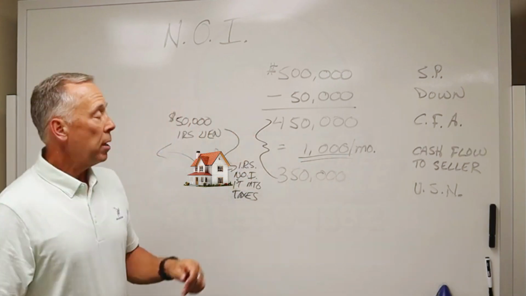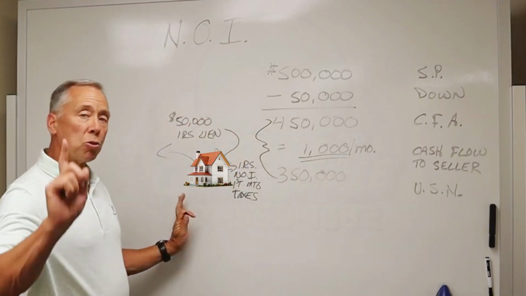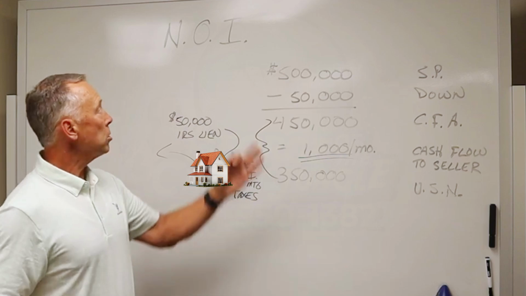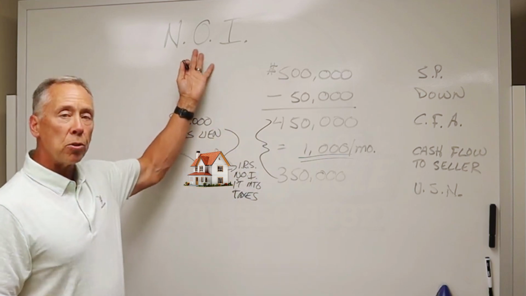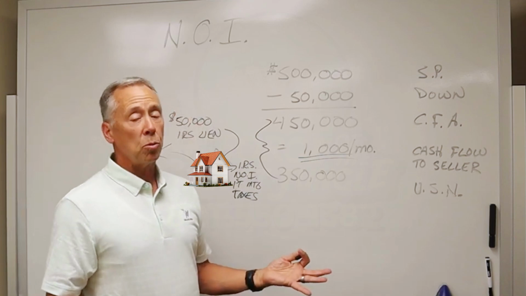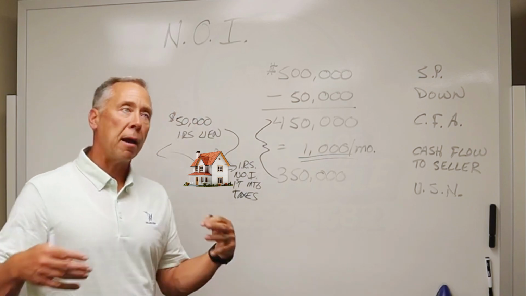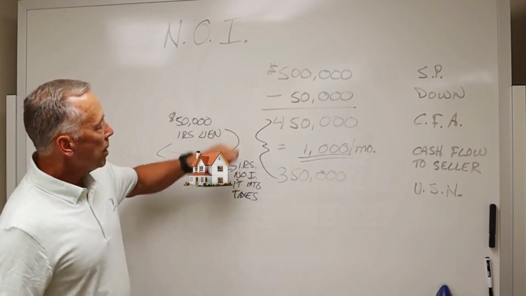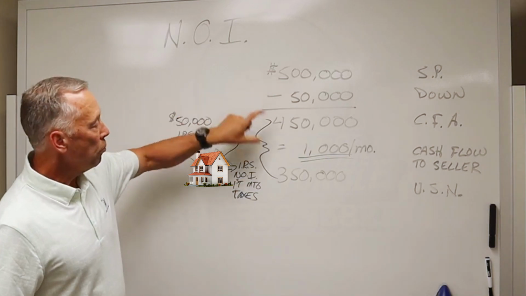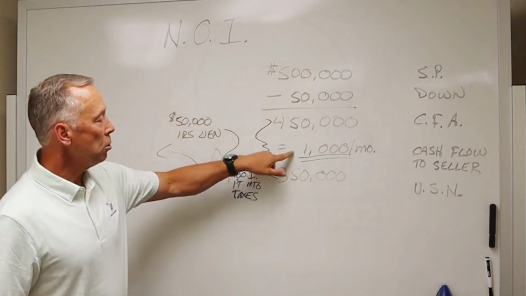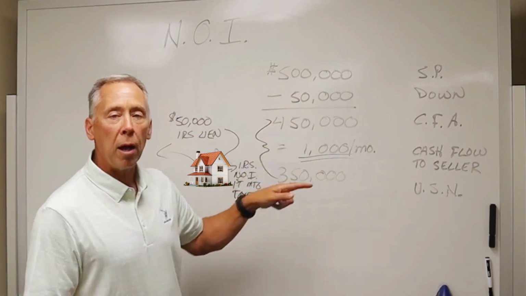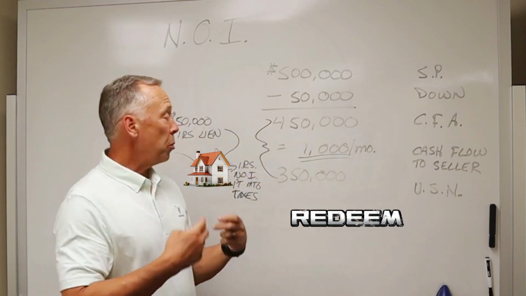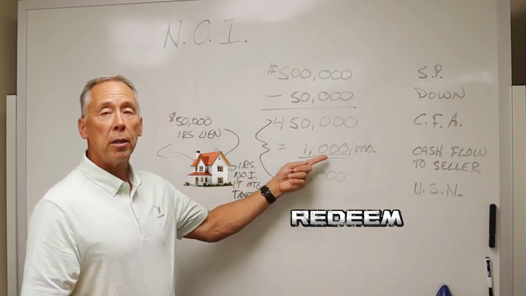Okay? So if you've gotten an owner's policy of title insurance, which was the number one thing that you got to do, the number two thing regarding the title of the house is to get a recorded notice of interest. And if you're closing your transactions with the right title company, this is just automatic. You don't have to sit and wonder, is it getting done? It gets done. But what that does is prevent the seller finance buyer from forfeiting anything here, because the only thing the IRS can do, they're going to have to start hunting around for other assets to try to redeem that asset or to be able to foreclose on it, because all they can do here is grab the